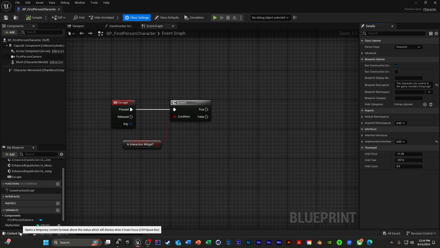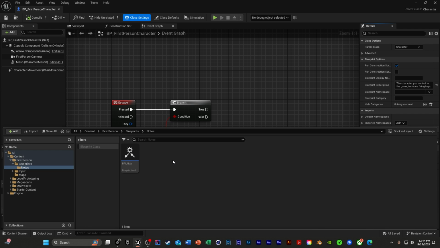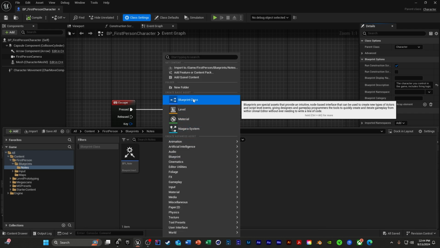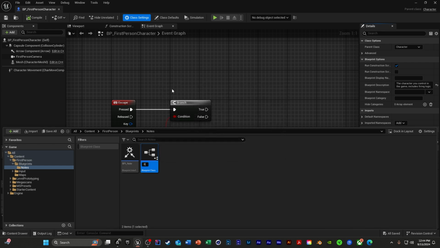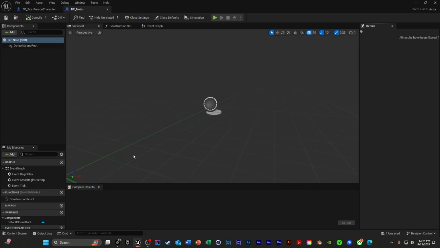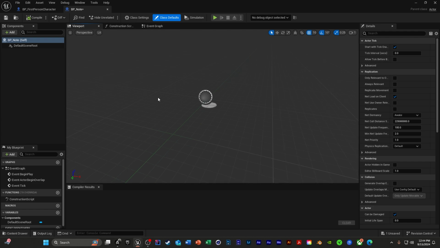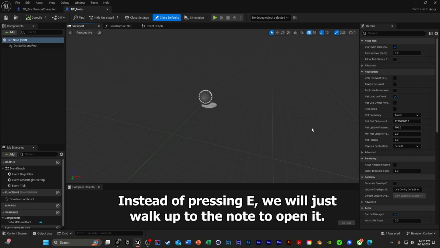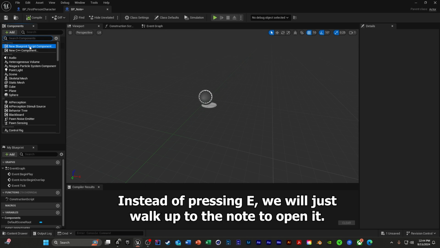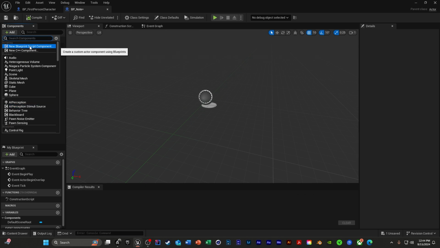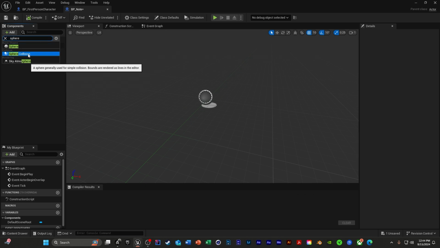Compile and save. Then we need to go to our notes folder and create a new blueprint class, which will actually be the note that we're going to be interacting with, an actor, and I'm going to name this bp_note. Then we're going to open it up, and in this tutorial, I won't be implementing an interaction system where we press E, so I'm going to just make it so that the note opens whenever the player enters a certain radius. So we're going to first get a sphere collision,